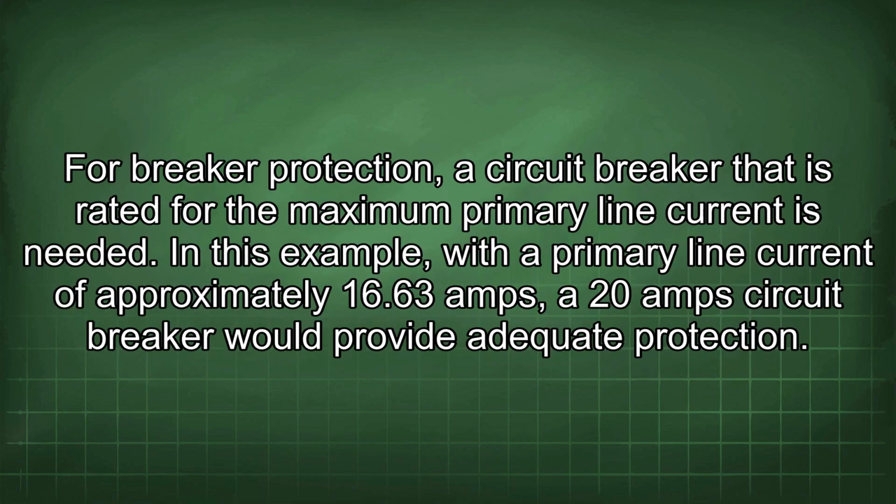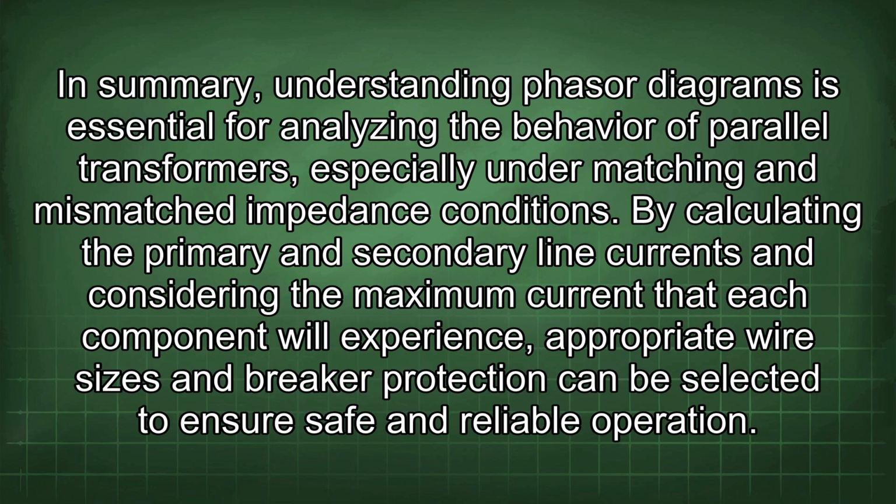For breaker protection, a circuit breaker that is rated for the maximum primary line current is needed. In this example, with a primary line current of approximately 16.63 amps, a 20 amp circuit breaker would provide adequate protection. In summary, understanding phasor diagrams is essential for analyzing the behavior of parallel transformers, especially under matching and mismatched